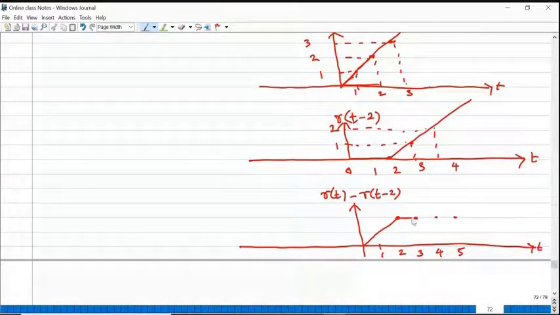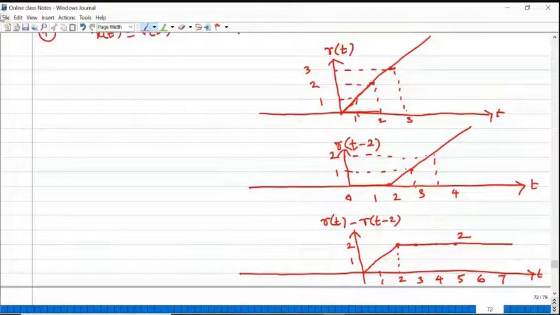So for the entire range, if t is greater than 2, you will get a constant magnitude of 2 for this particular signal. So from 0 to 2, this kind of signal, and from 2 to infinity, the magnitude of the signal is 2. That's why I took this signal to explain to you. You may get any kind of signals. Sketch the signal properly, then only you can identify the integration limits. So for this signal,